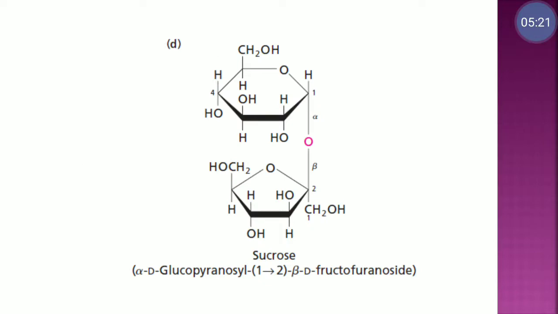In this case, the upper structure is glucose and the lower structure is fructose. In both cases, the red arrow shows where initially there was a hydroxyl OH group, and the green arrow shows where initially there was a hydroxyl group from fructose. So both these groups had participated in the formation of the glycosidic bond. So that's why there is no free hydroxyl group for reduction. That's why sucrose is called a non-reducing sugar. I hope you got this, because it is very important as far as our exams are concerned and competitive exams are concerned.